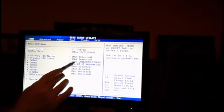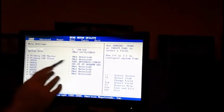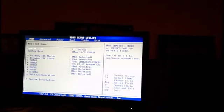But also, if you notice under here, your SATA drive is going to be here. Your SATA 2 drive is going to be here. This will show you everything that you have in your computer. Now, if you tab down to the bottom, using the keyboard arrow keys,